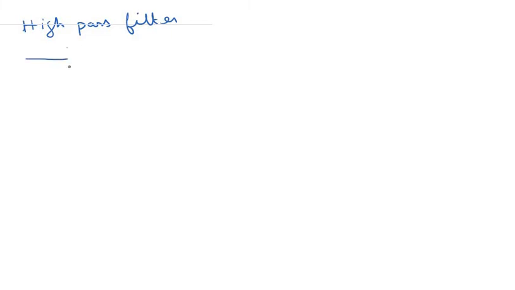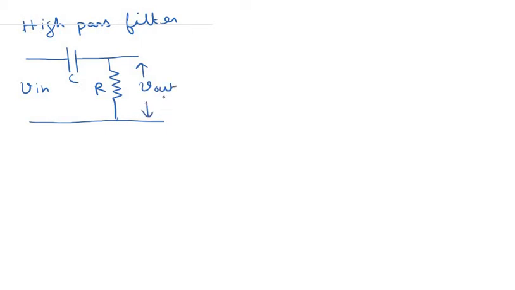Okay, similarly, if we have a high pass filter over here, in the high pass filter the positions of the capacitor and the resistor are interchanged from that of the low pass filter. So in this case, just as we saw in lecture number 1, V out by V in is basically given by j omega RC divided by j omega RC plus 1 times V in. Again, we are not going to derive it because we have already done that in class number 1.